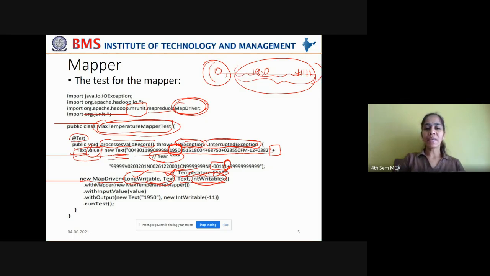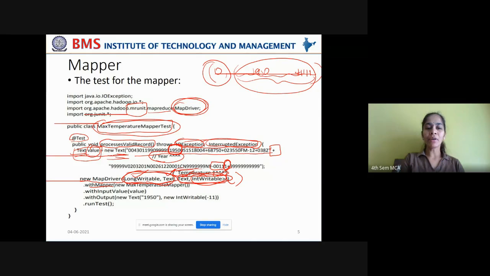Okay, so it is taking a key value pair as input and emitting a key value pair as output. For that, you're creating an instance, right? So you have created a new instance of this MapDriver, which would take a key value pair and emit a key value pair, right? And dot, what other classes does it have to invoke?